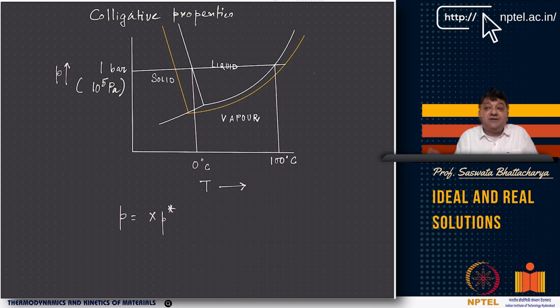Say for example, sodium chloride dissolving in water. Let us consider 1 liter of water, and you have added 1 mole of sodium chloride. 1 mole of sodium chloride means 1 mole of Na+ and 1 mole of chloride ions, right? So 2 moles of Na+ ions and chloride ions, and these are the particles. We do not care about whether it is sodium ions or chloride ions, but we only care about the collection of these particles that are added to water, and they are dissolving in water.